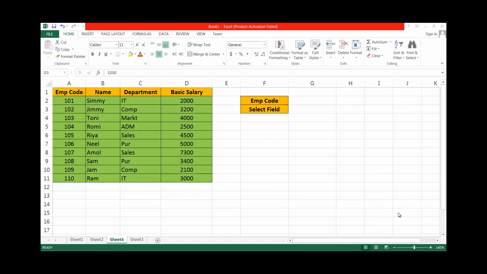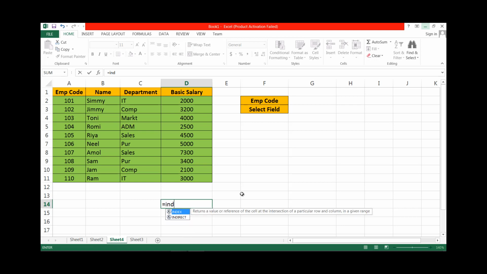Okay, we are going to learn the index function with the match function. First of all, let us see how the index function works. The index function is also used to search a value. Here the first parameter is the array. You can select the whole data for the array.